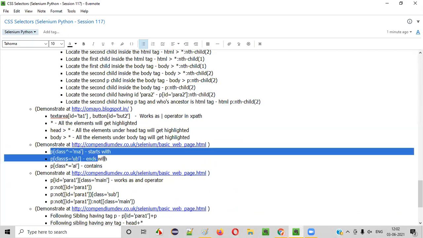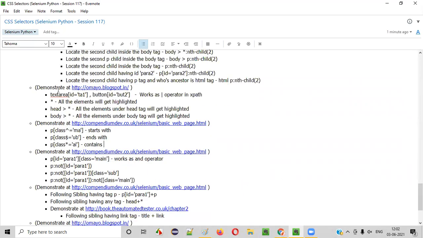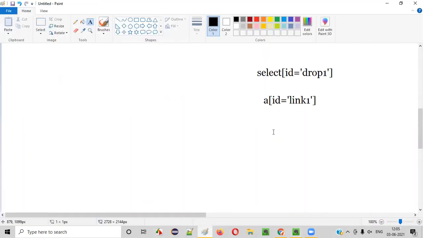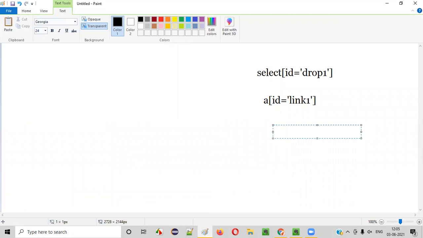Then the next few examples. So we have a few more symbols, guys. Let me explain these few more symbols. There are 3 other symbols, guys. Can you see here? Cap symbol. Then the other one is the dollar symbol and the other one is the asterisk symbol. I'll explain how to use the cap symbol, dollar symbol, and asterisk symbol.